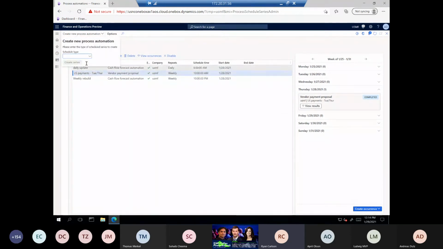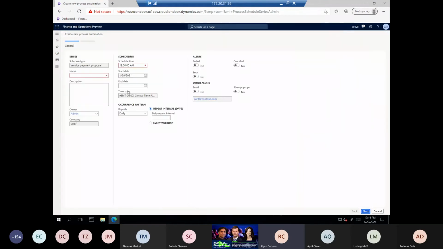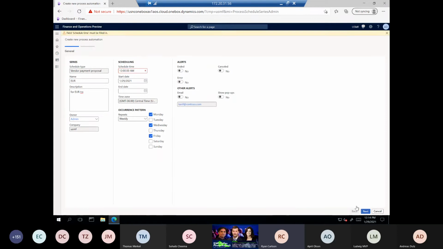So let's create a new vendor payment for, instead of US payments, we'll say any Euro transactions vendor. Let's create a journal for those on a different scheduled day. So I'm going to change my pattern. Again, we can see I can't do that every minute. That would be unreasonable. But maybe on Mondays, Wednesdays, and Fridays I want to have the Euro payments generated for myself or for the AP clerks. So we'll define that. Oh, I have to adjust my time. Let's do that just at 9 in the morning every day